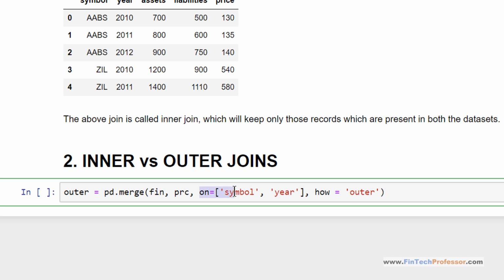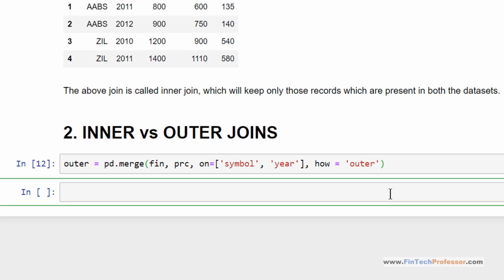We are merging the two data frames on common variables that are symbol and year, and the merge is outer. So we shall type how equal to quotes outer, shift enter. Now if we check the outer.head,